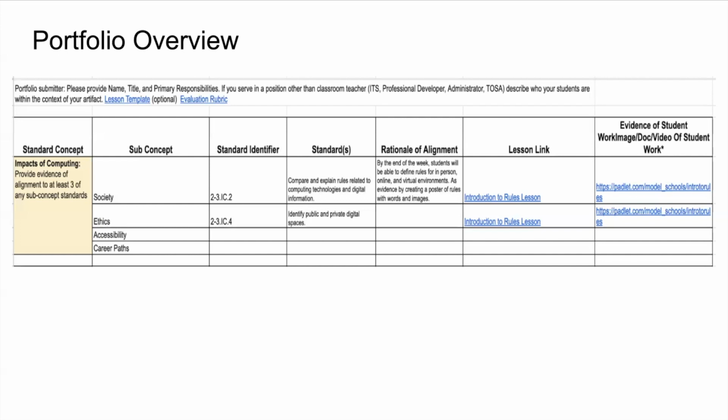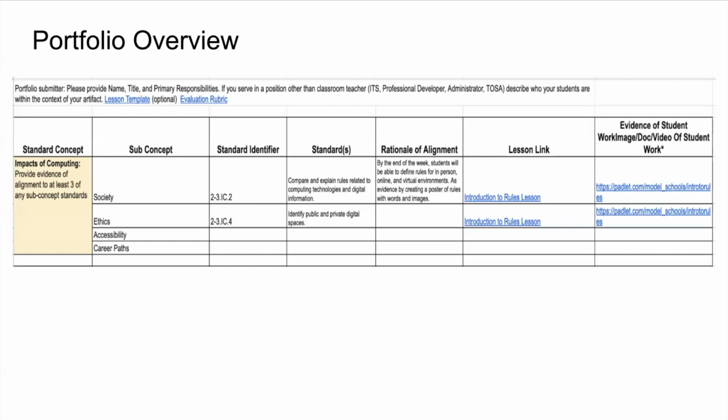A lesson, that's something you can talk with your coaches about when you meet with them, but really whatever you feel is appropriate for that lesson is the right number to align it to. And think about it like this: different parts of the lesson are hitting different standards. So even though I'm handing in one example of student evidence for that whole lesson in all the different concept areas, my product with the template that we're showing you might be a little different. Like my product for one standard